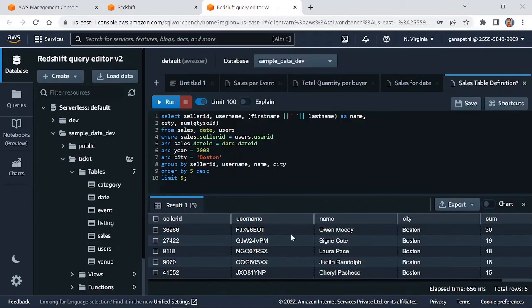Okay, you got this. So this person has sold 30 tickets, this person 19, this person 18, this person 16 and this person 15. So this is how we can run queries in Redshift serverless. You can create your own tables, you can create tables from S3, all those you can do. Those I will do in a separate demo. Now I have just demonstrated how we can use